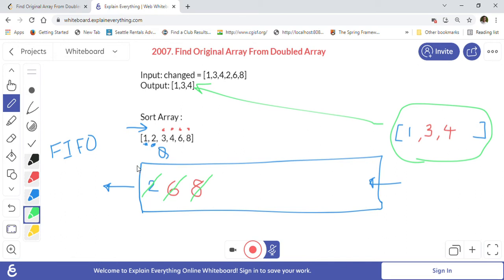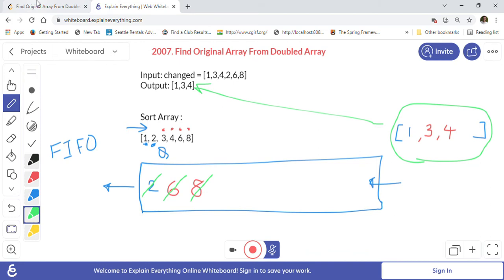If it is already there in the queue, for example 2, when we are looking at 2 and it is already there, we will remove it and we will not insert in that case. That is what our implementation will be, because that's how we will know what is the original array and what is the double array. As you can see, 1 is the original number, 2 is the double number; 3 is the original number, 6 is the double number, like this basically. So this is the way we are going to solve this problem.